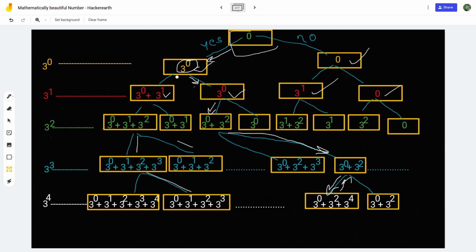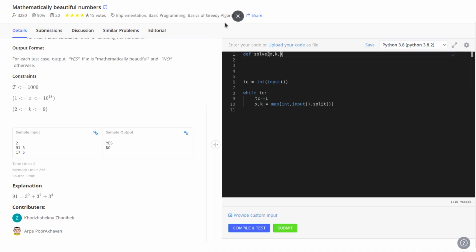You can see in every part we are passing the last value and adding it to our sum, or not adding it. So we need the sum, and also the power.